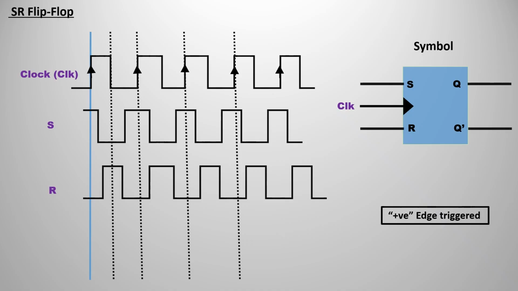Before taking the output, see clearly that I have taken a clock. You can see we have a clock in between and two inputs, S and R. I have taken some random values for the inputs; they can be anything. We are going to formulate the outputs Q and Q bar. I will teach you how to draw Q, and you can draw Q bar also, because Q bar is just the opposite of Q.